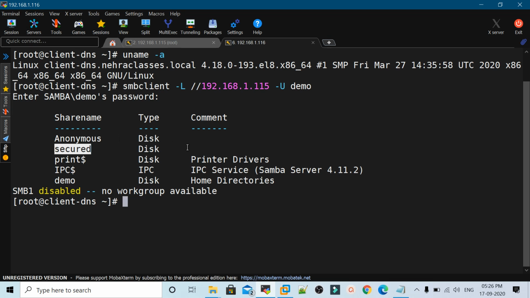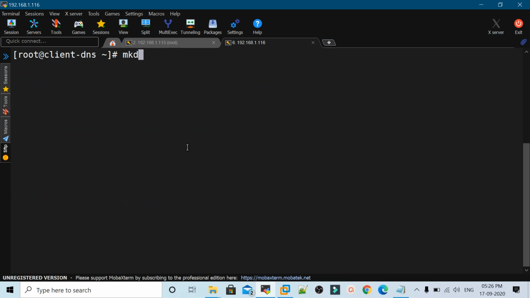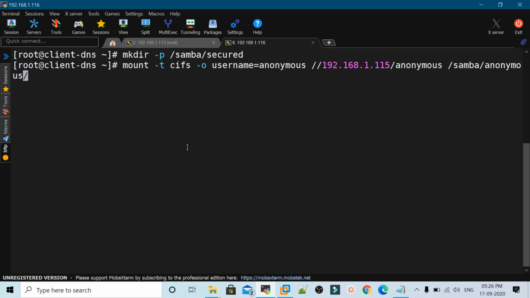Now I will try to mount it, but before that let me create a directory on this machine. I'm going to create it in /samba with the name secured. This time we will use the same command to mount it that we used while mounting the anonymous share: mount -t cifs -o, and this time we will mention the username as demo and a comma.